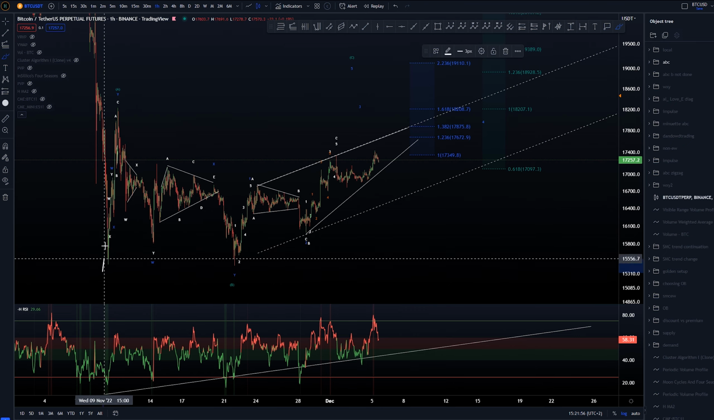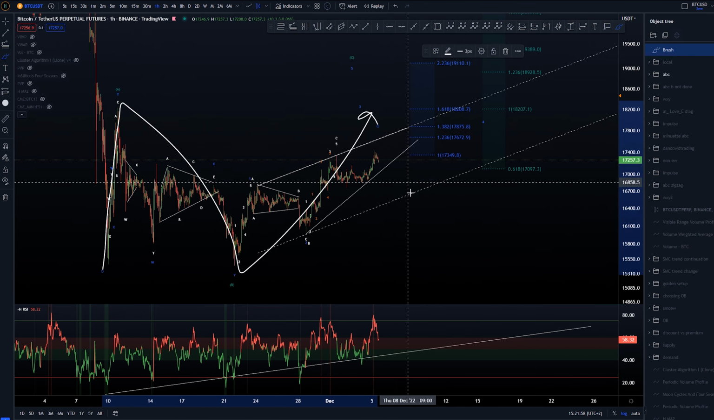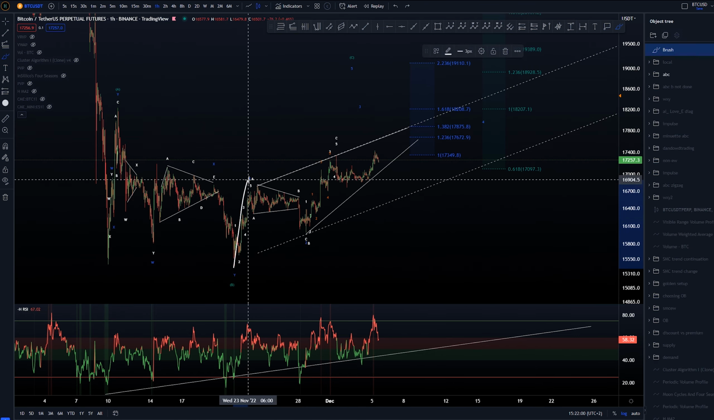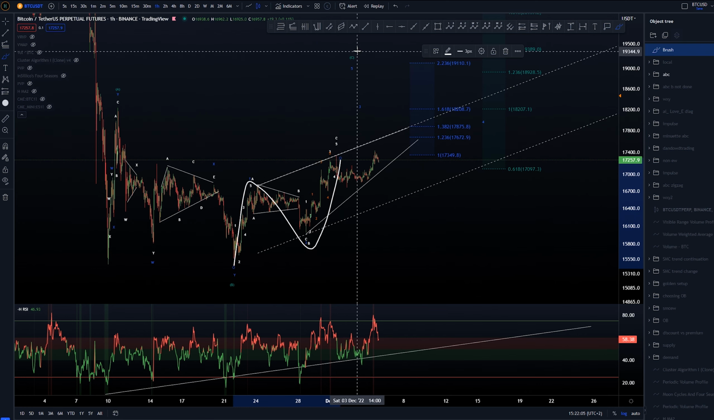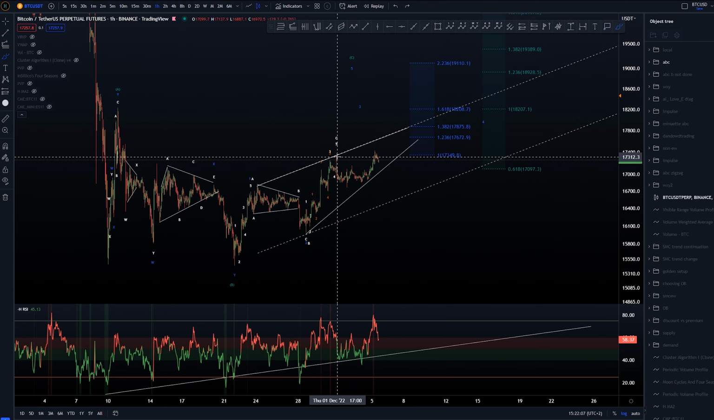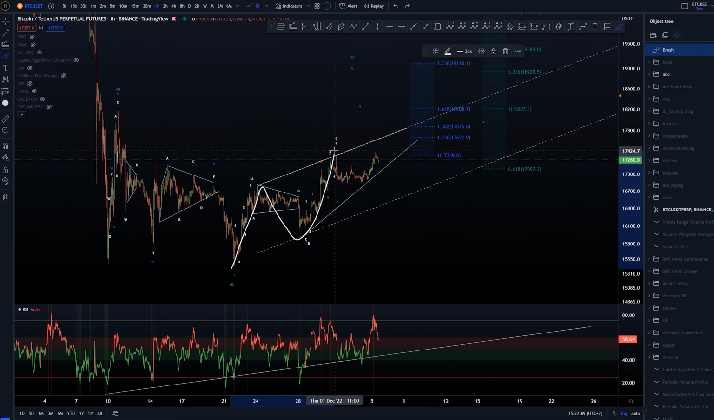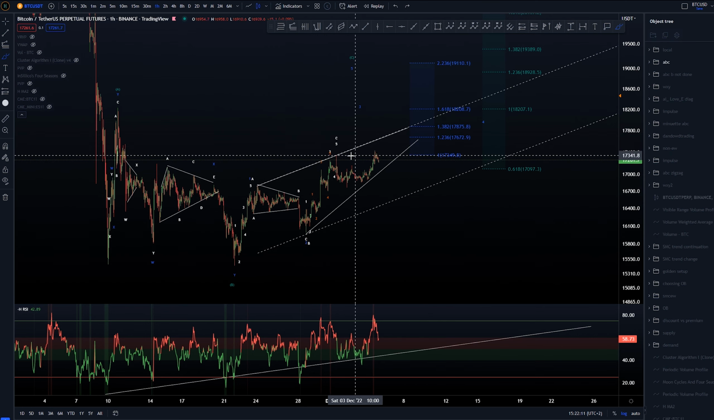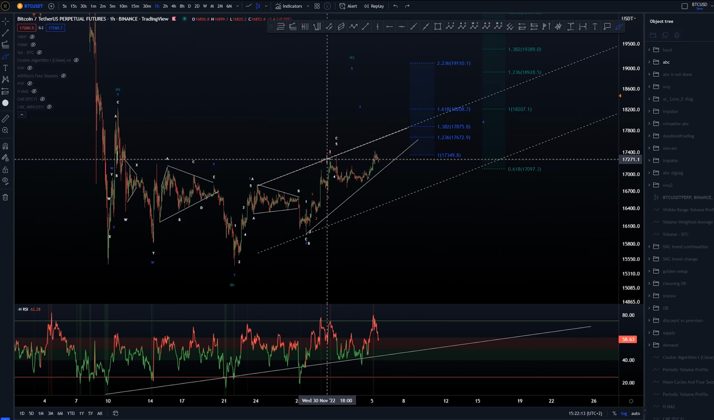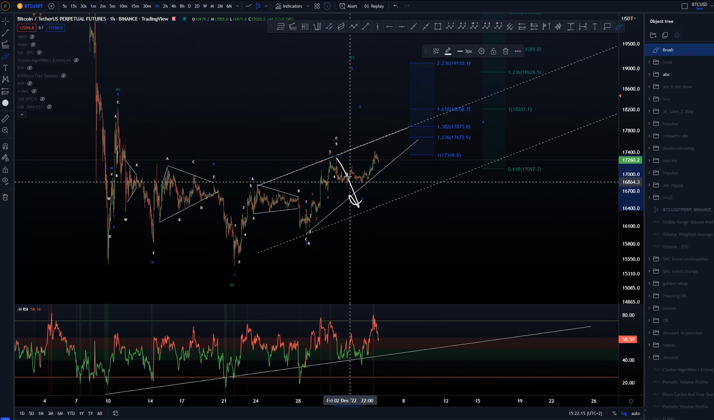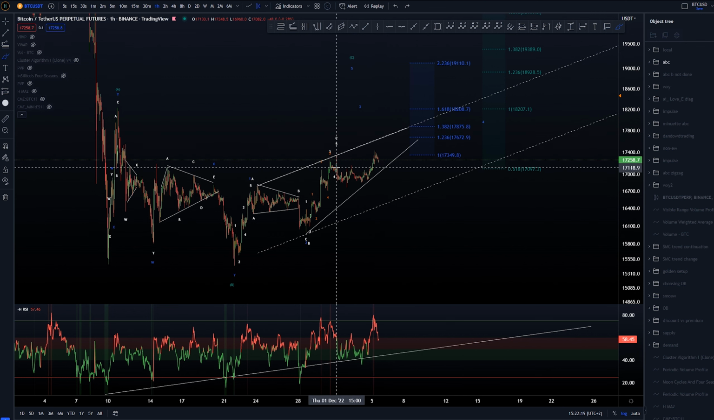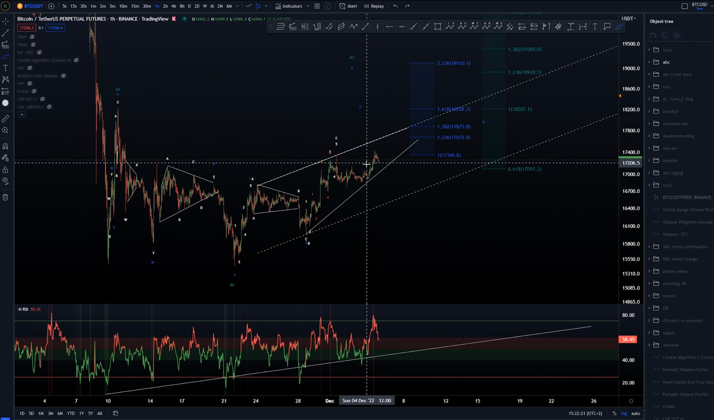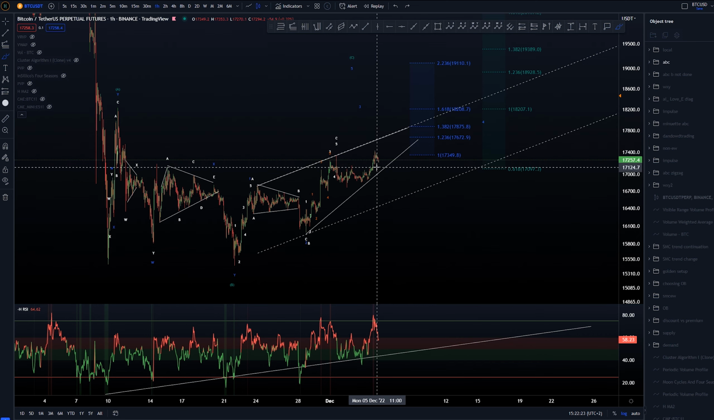We had, of course, this idea of having this as an ABC. At this point, again, we were thinking that this was potentially wave 1 of that C, because I've got, again, the proportions. This definitely fit the 1-to-1 extension very well, and that's where we had the scalp possibilities downwards, or even swing possibilities. I'm still not stopped out of this short that I had here, but again, it is not looking that